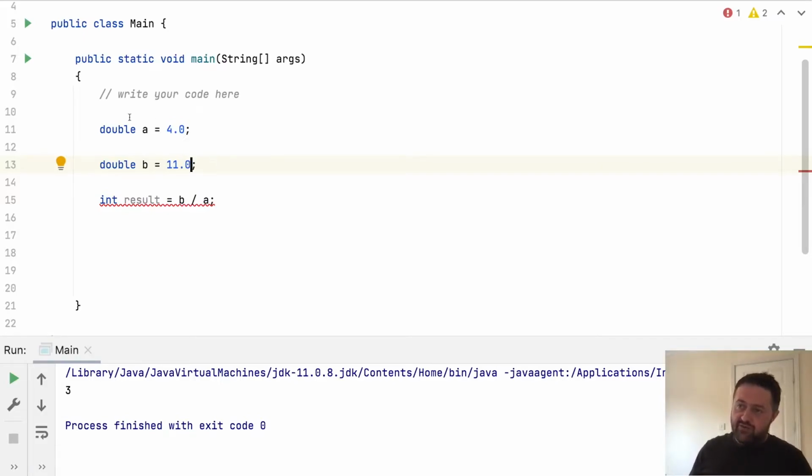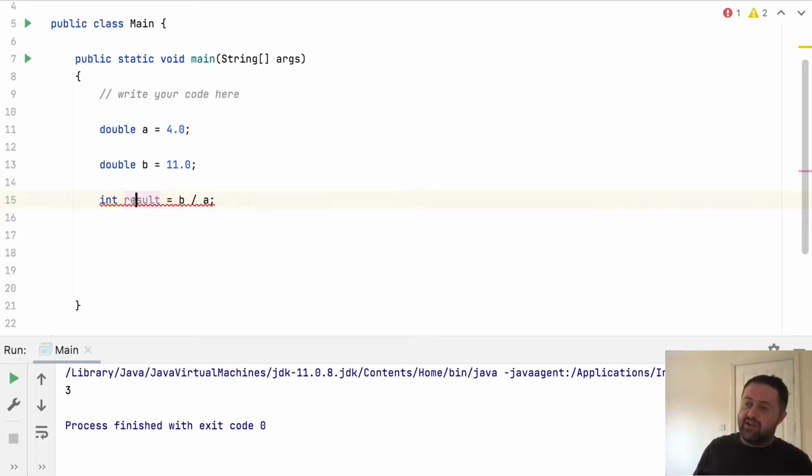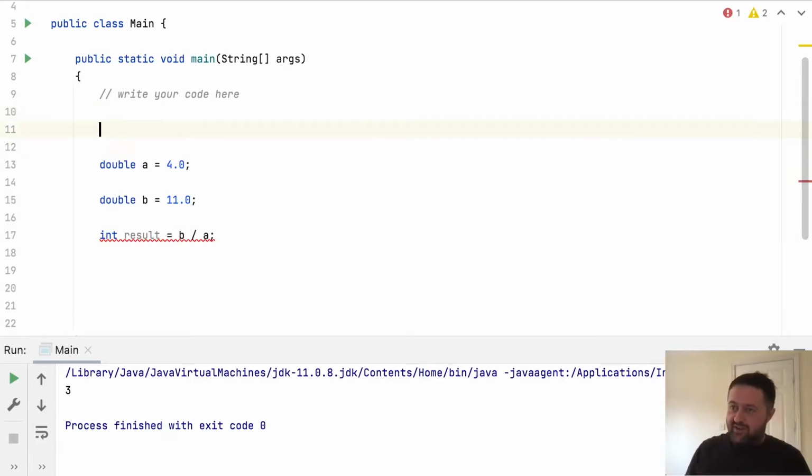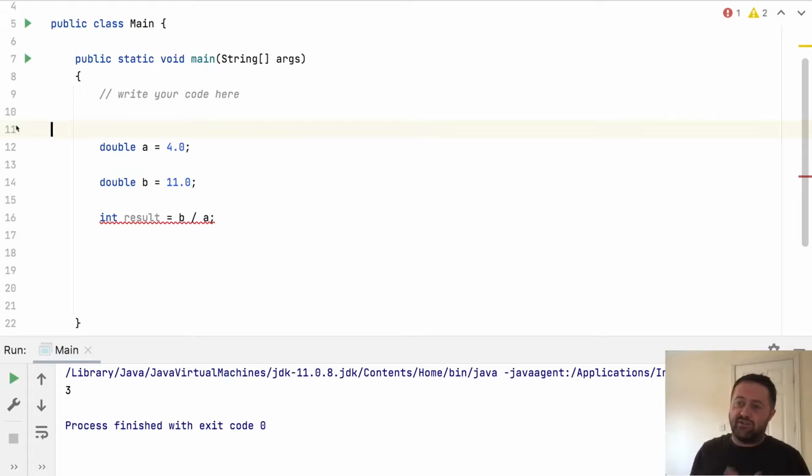Now, what I can't do, regardless of whether or not these were declared as integers, because the data type is double, I can't have the result of a calculation automatically be converted from a double to an integer. Okay, so although I could create a double with an integer value, what I can't do is do the other way around. It's going to complain here. It's going to say, oh, well, you want an integer, but you try to give me a double. Okay, so those conversions only work in certain directions. So this result obviously has to be a double,